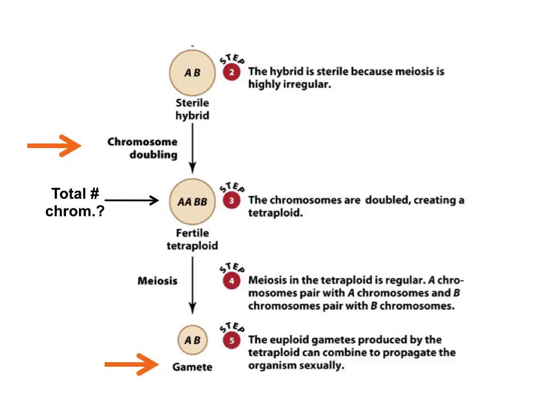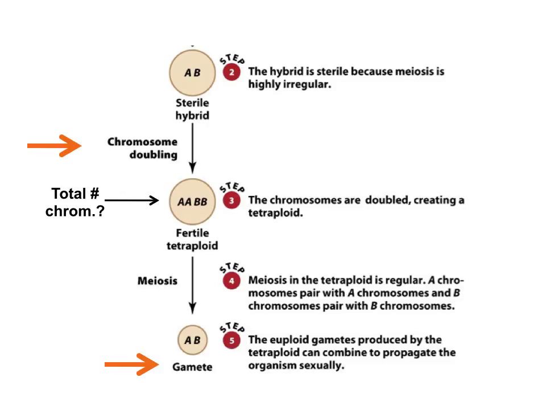So here, what is the general process that goes on so that we can go from being a sterile hybrid due to polyploidy to a fertile individual? Here again, we have this hybrid, and it's sterile because meiosis is irregular, right? There is an event, the most crucial event, that happens to balance that out. So let's say we go back to where we have 29 as the diploid number.